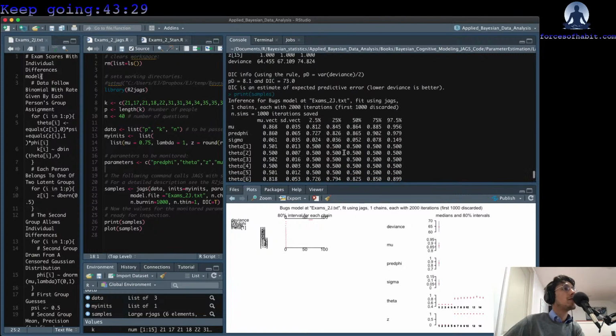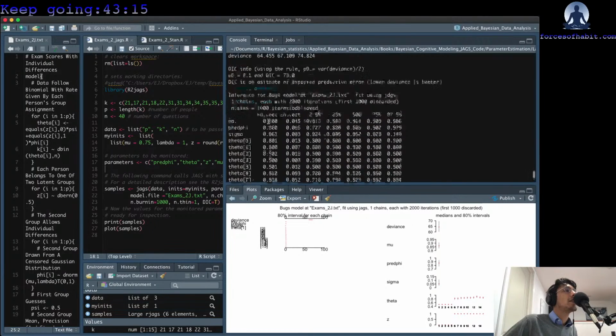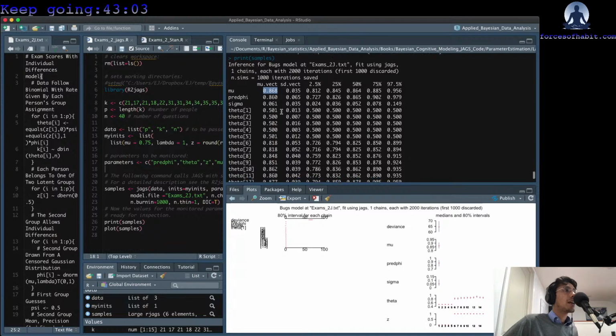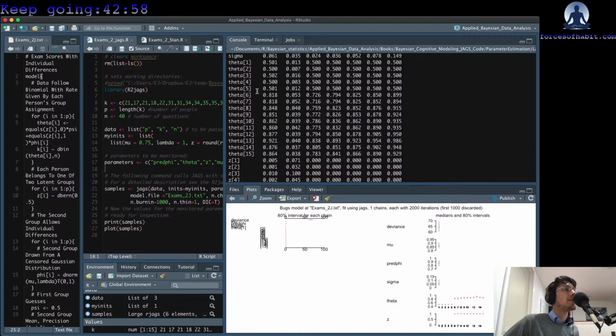Let's print the samples, and we see the average success rate. We have the predicted phi. Notice how the predicted phi and the average phi are similar to one another, which is what we want, right? And then we have a small amount of variability surrounding this success rate that we estimated for each of the individuals who are considered knowledgeable. Additionally, we're going to get the thetas for each of the individuals across the entire